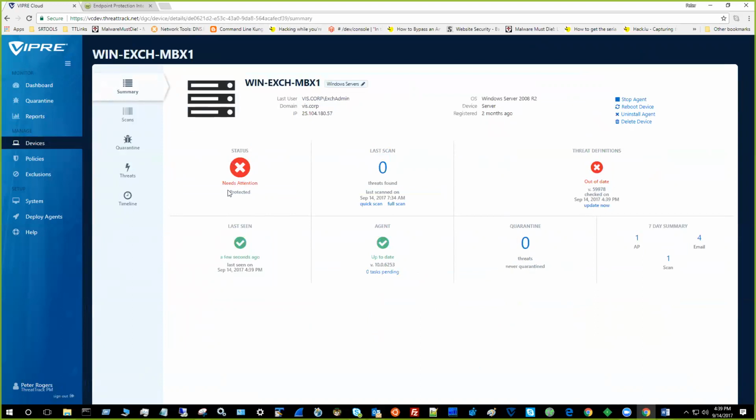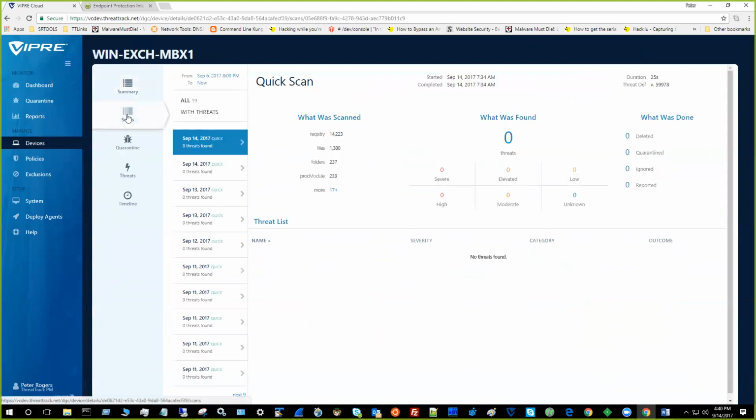The status says it needs attention because the threat definitions are out of date. Last scan, no threats found. We have the ability to initiate a quick or full scan from here. Last seen, agent, how many tasks are pending, anything in the quarantine, and a quick 7-day summary broken down that are linkable. Scans, we can dig a little deeper